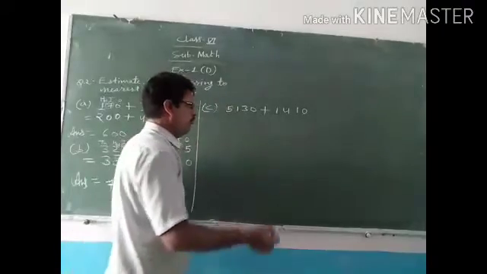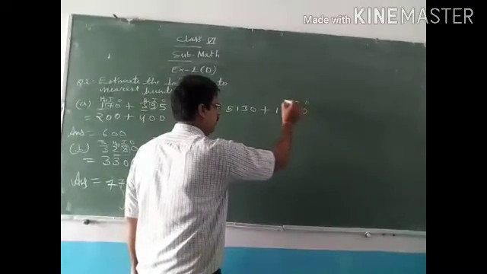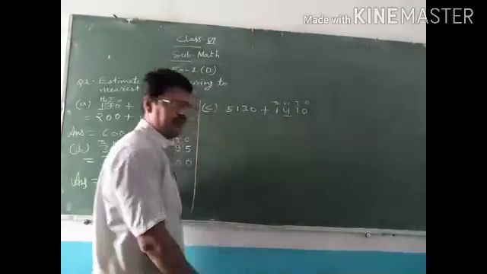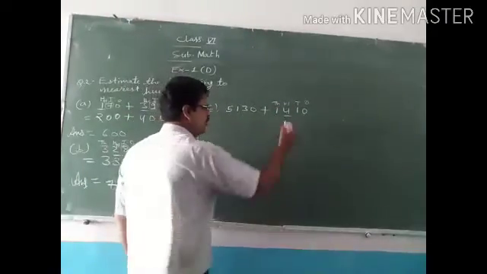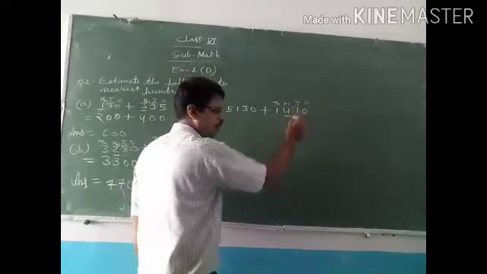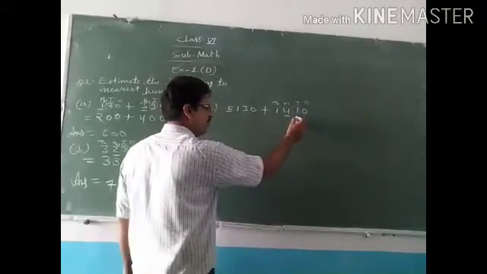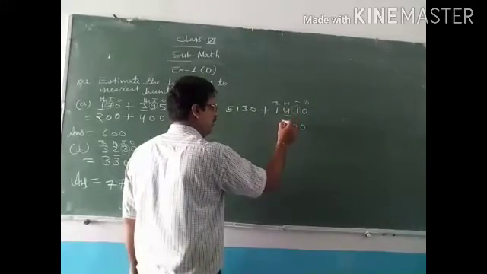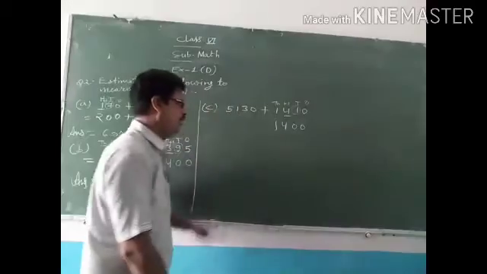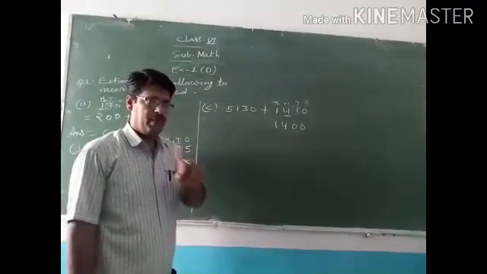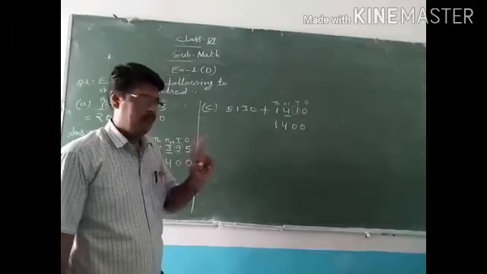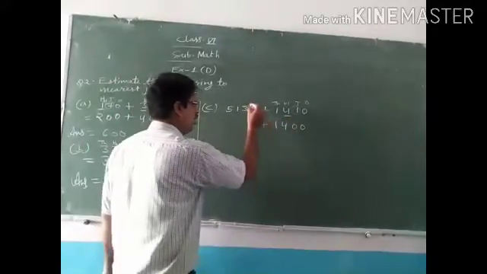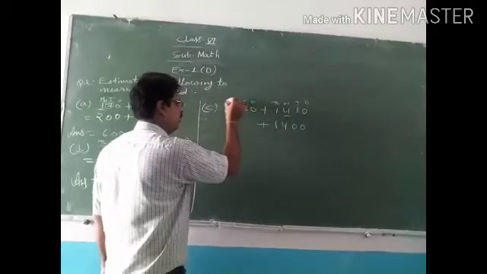Okay, same method. Ones, tens, hundred, thousand. Hundreds place to round off करना है, so this place we have to round off. So we will concentrate on tens place. क्या है यहाँ पे? 1, less than 5. यहाँ हमें +1 नहीं करना है. Okay, why? Because here it is less than 5. 5 से छोटा. Now again ones, tens, hundred, thousand.